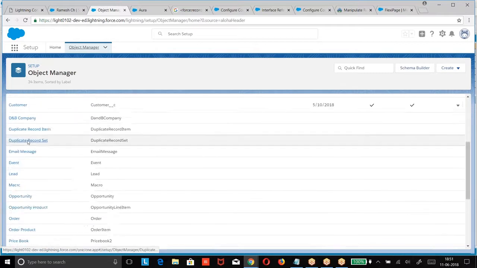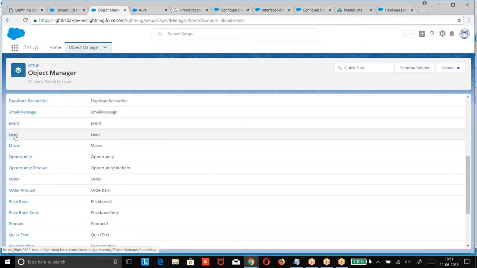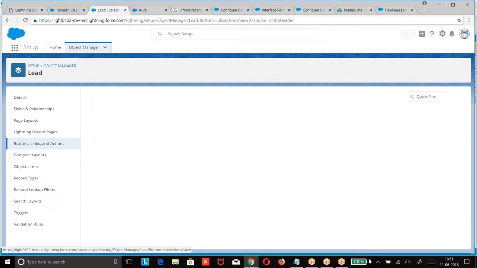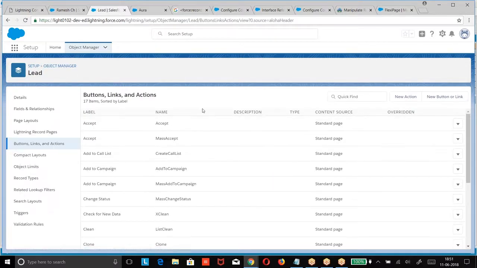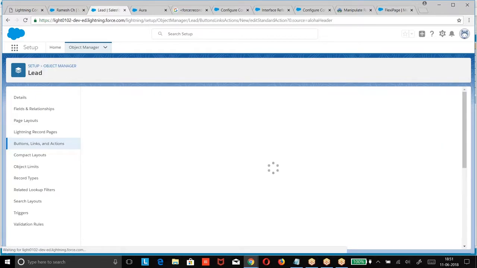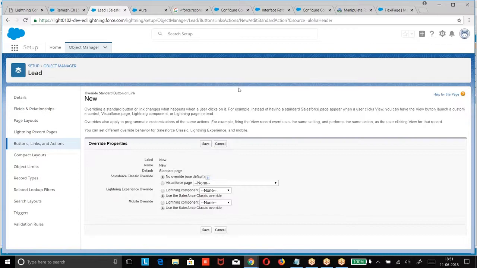So where is our object? Lead. Go to the lead object. In the lead object, what are you finding here? Buttons, links, and actions. Then we have a list of buttons. Which button you want to replace? New button. So go to this. Select the button. Click on edit.